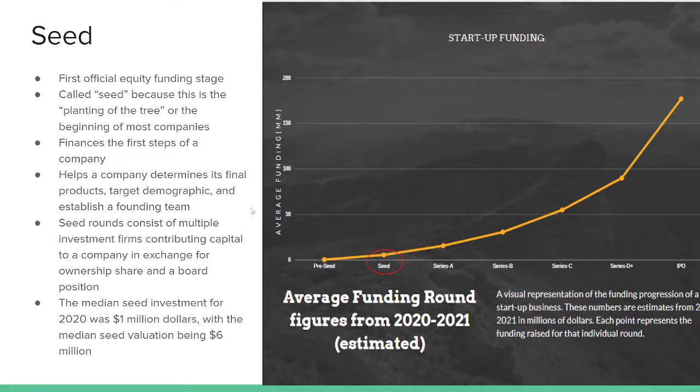So now we'll go next. The first official equity funding stage. This is seed. Now, why is this the first official stage? Because pre-seed, from the VCs that I've talked to, they identify pre-seed as a component of the startup funding process, but it is not something that a lot of people pile into. You don't pile into a pre-seed round. There are just a few companies that do pre-seed because it is so risky and they have no product. But seed is kind of their real starting point.